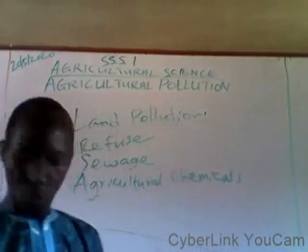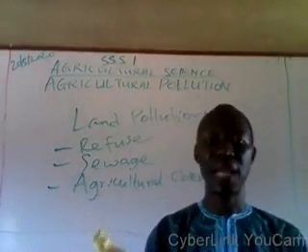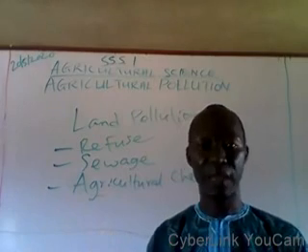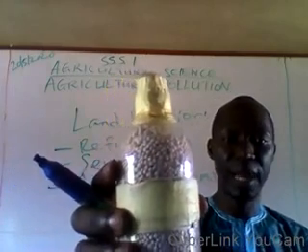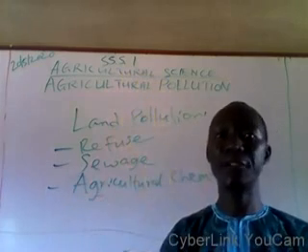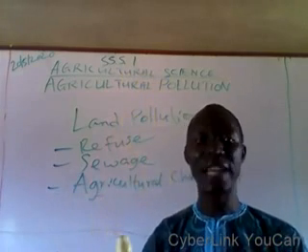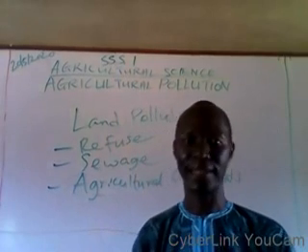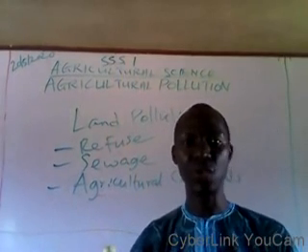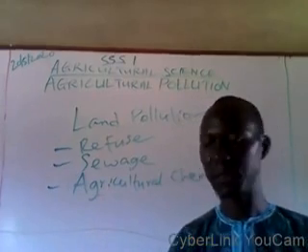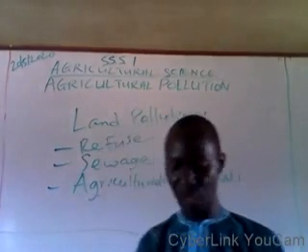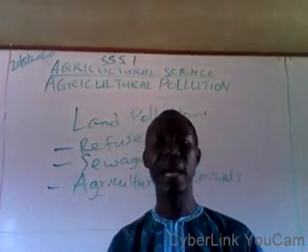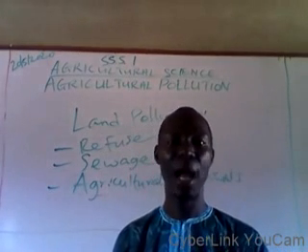We also have another agrochemical, which is fertilizer. We have chemical fertilizers such as NPK fertilizer, urea fertilizer, and the rest of them. When they are not properly applied on the farm, or they are applied in excess, they will lead to pollution on the farmland. So the sources, I've just mentioned them: improper application of pesticide, herbicide, and fertilizer.